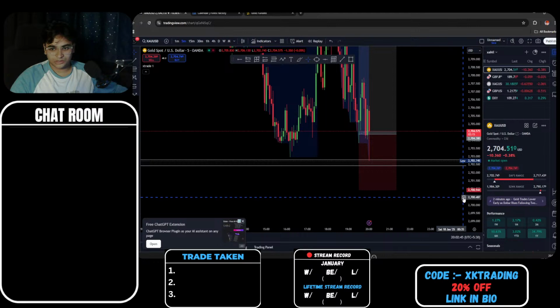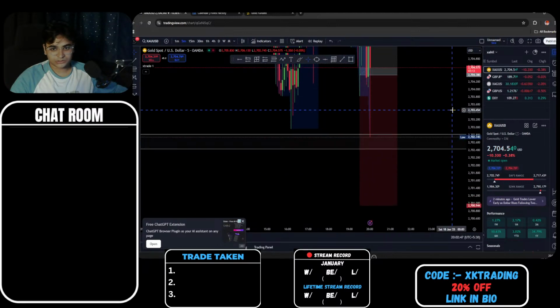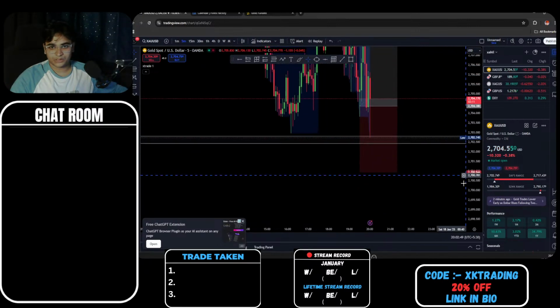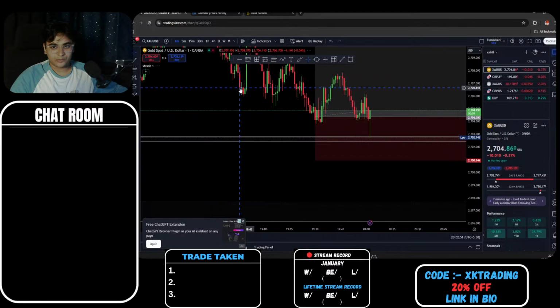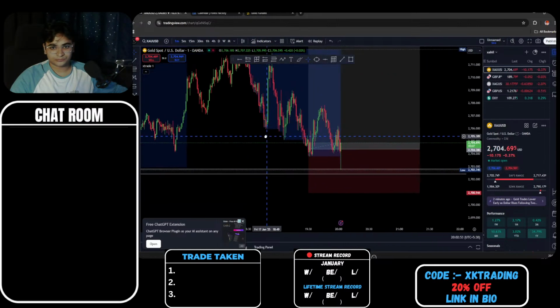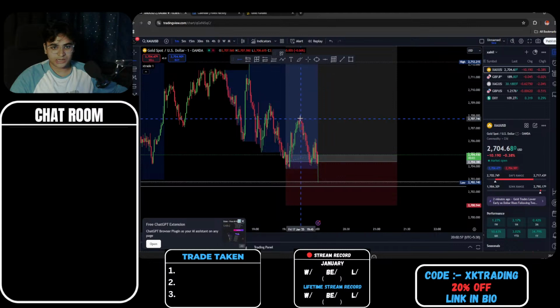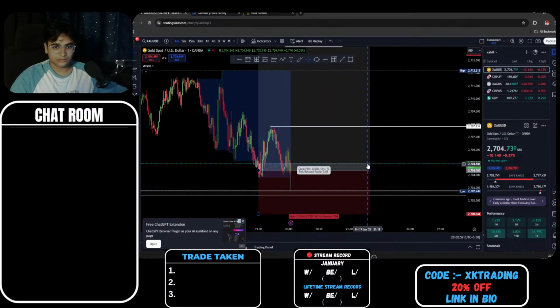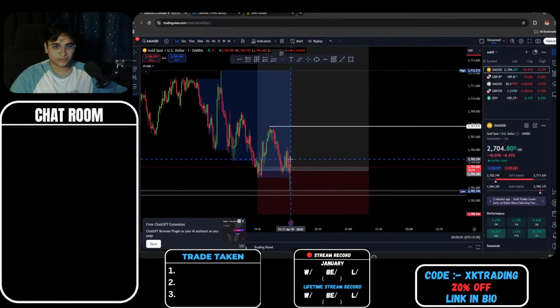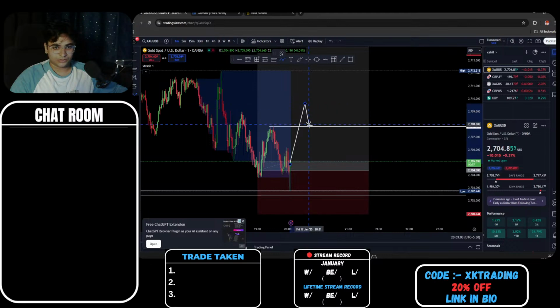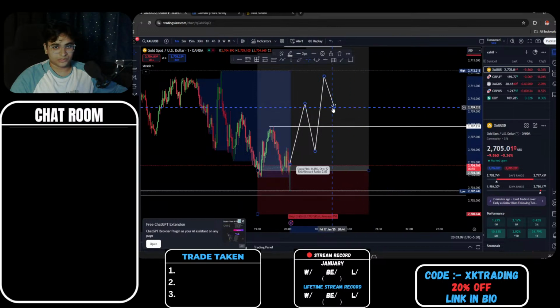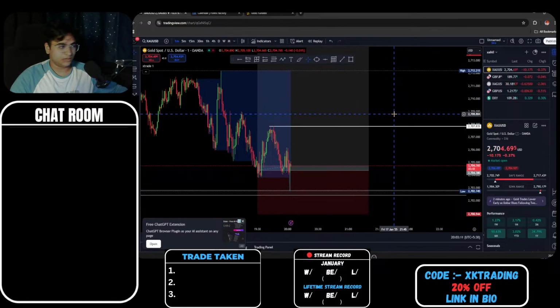Okay, we took out the London low there, I guess. Yep, we did. So if price moves up from here, okay, if we take out this high, then that will be a high for price to move up. So we might be testing, coming up, down, and then move forward. But if we do something like that, then that will be the uptrend coming in that we are hoping to get in.